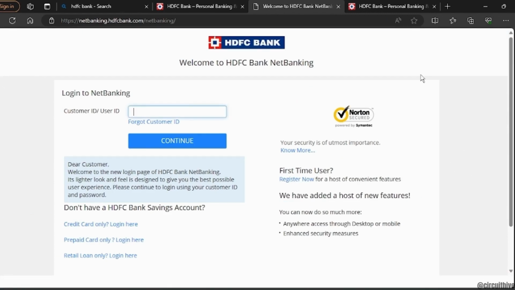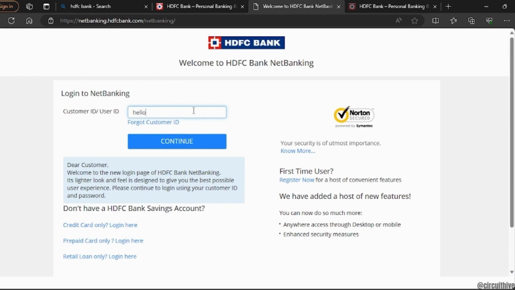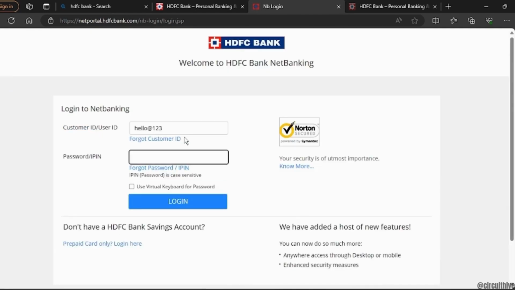Here you will be asked to type in your customer ID or your user ID. Type in your customer ID or your user ID correctly in the given space there, and if you have forgotten your customer ID, you can also click on the Forgotten Customer ID option down below. Type in your user ID correctly in the given space and then click on Continue,